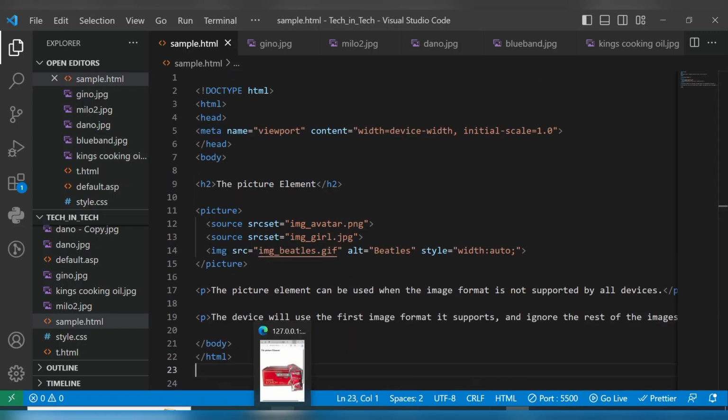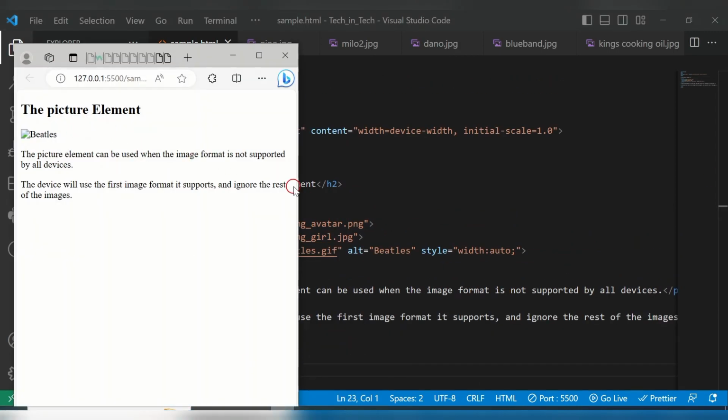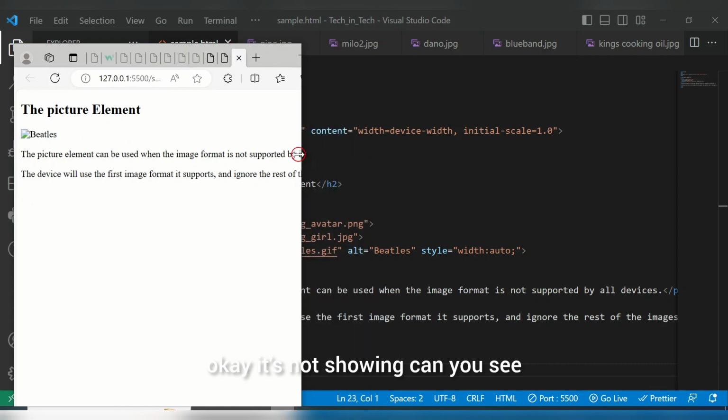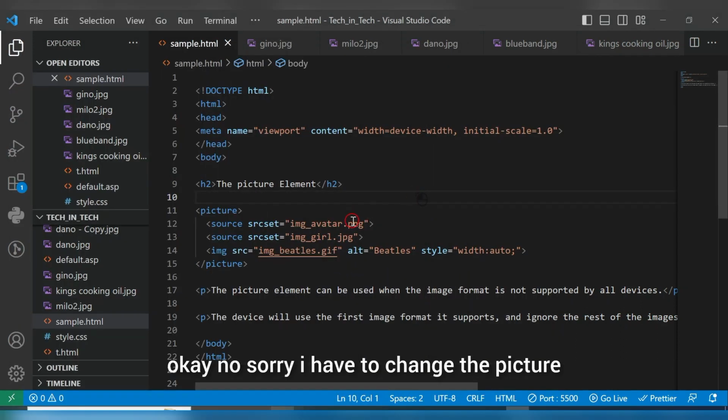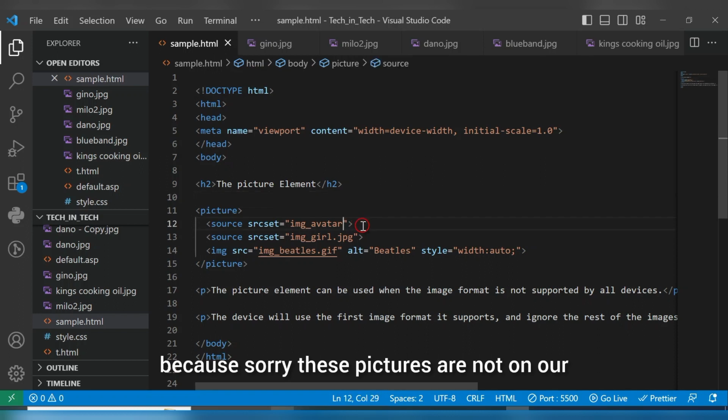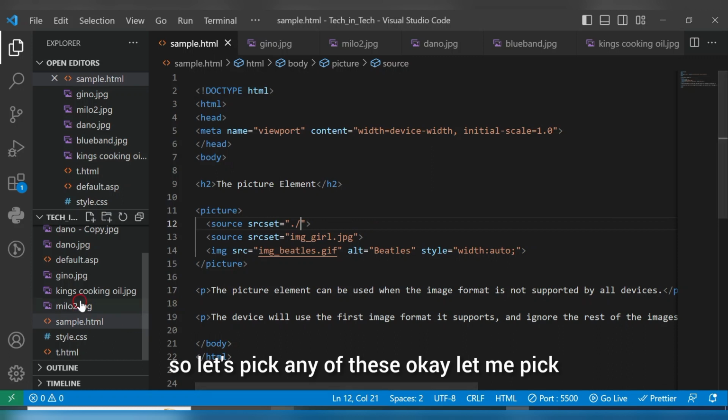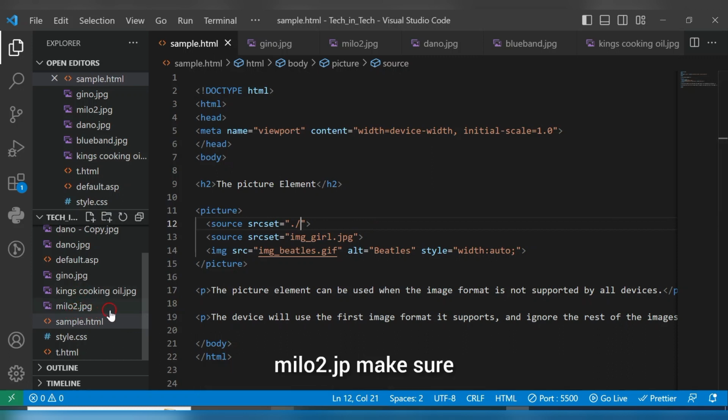So I have, here it is. Okay, it's not showing. Can you see that the browser is not showing the first one? Okay, no, sorry, I have to change the picture because these pictures are not in our folder. So I have to change the picture. So let's pick any of these. Okay, let me pick